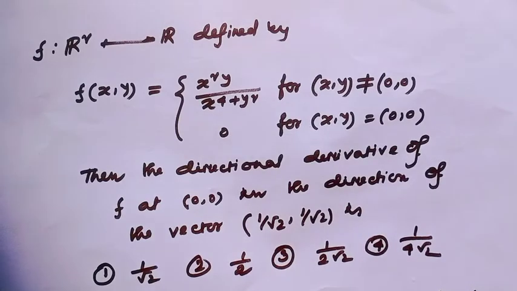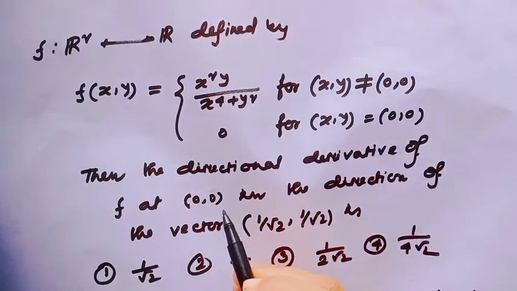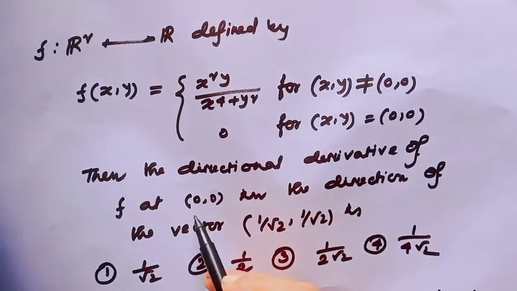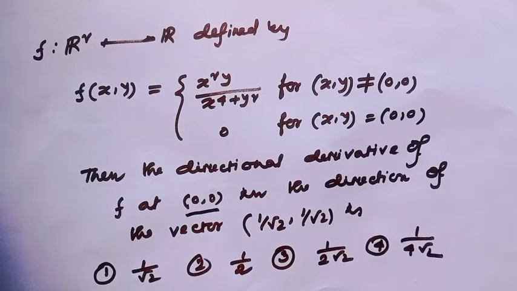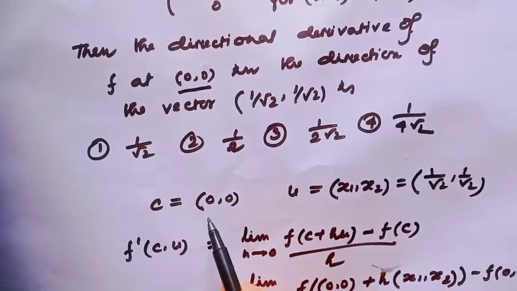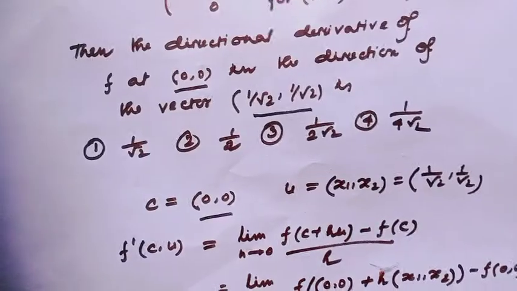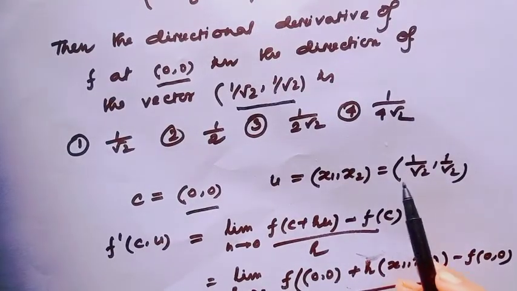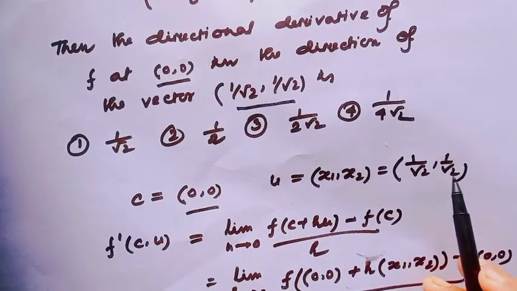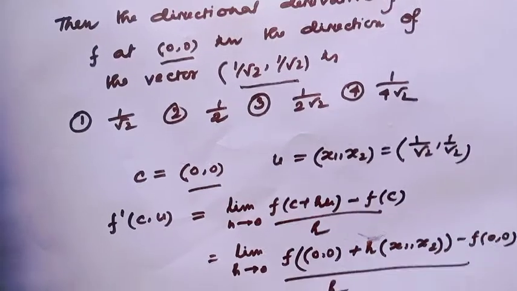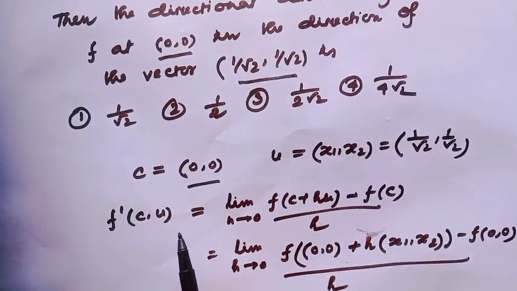Okay, then the options: option 1, 1 over root 2; option 2, 1 over 2; option 3, 1 over 2 root 2; and option 4, 1 over 4 root 2. Here, since the directional derivative is at the point (0, 0), that means the point c is (0, 0), and here the direction is indicated, that means u equals (x1, x2) = (1/√2, 1/√2). Then f prime of c in direction u equals